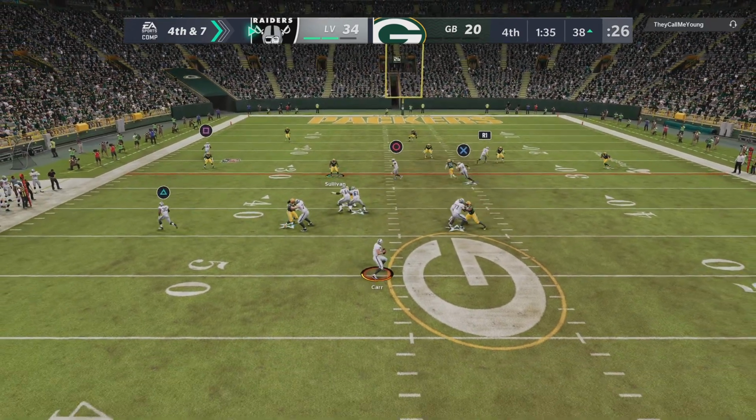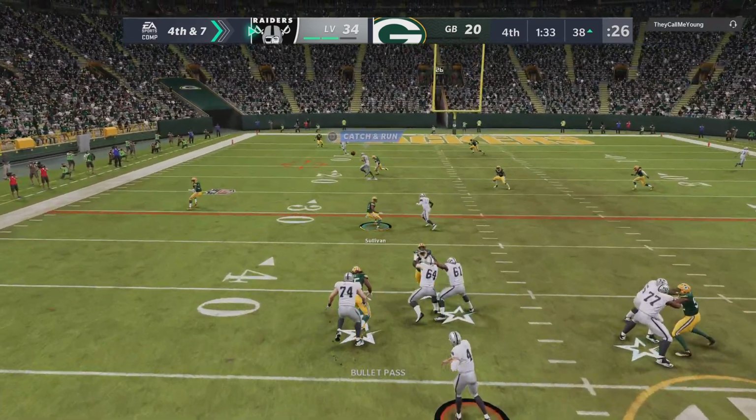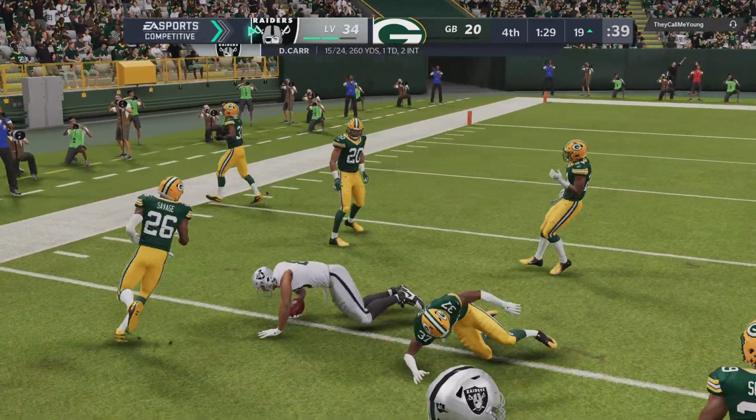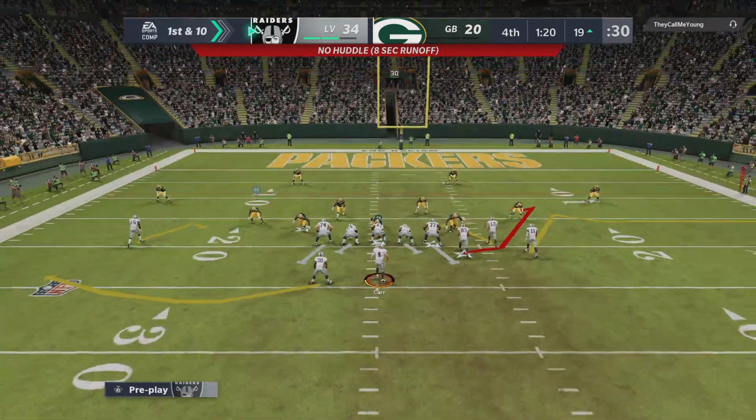Carr to throw for it on fourth down. And, oh, he took that in one-handed. What a grab. That one...